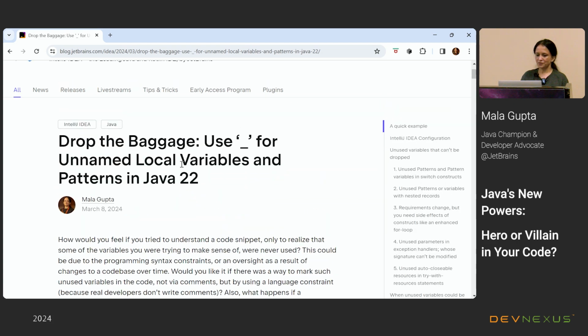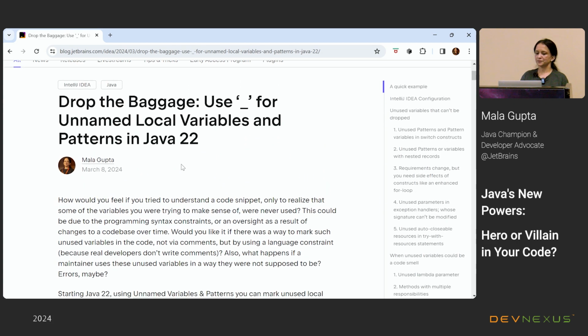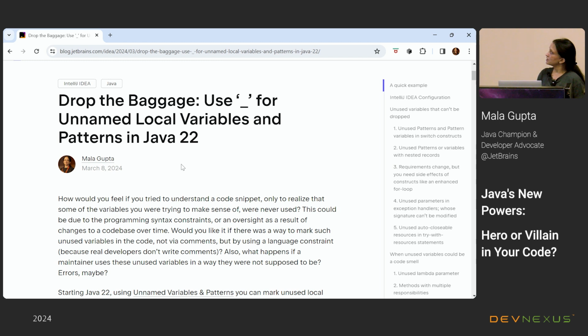So, this feature talks about using underscore for the variables and pattern variables that are not used in the code. There are two things to know about the feature: when do we use the underscore and when we should not be using the underscore.